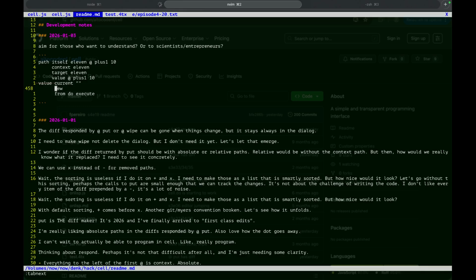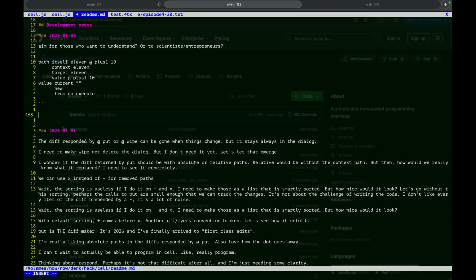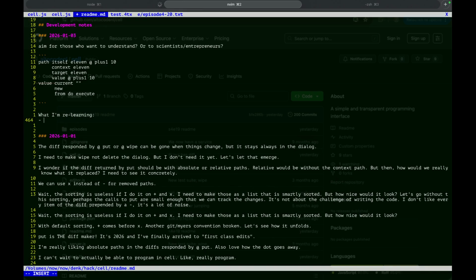So I think I had this written down in the annotated, but what I'm relearning is that cell do execute will respond with empty text until